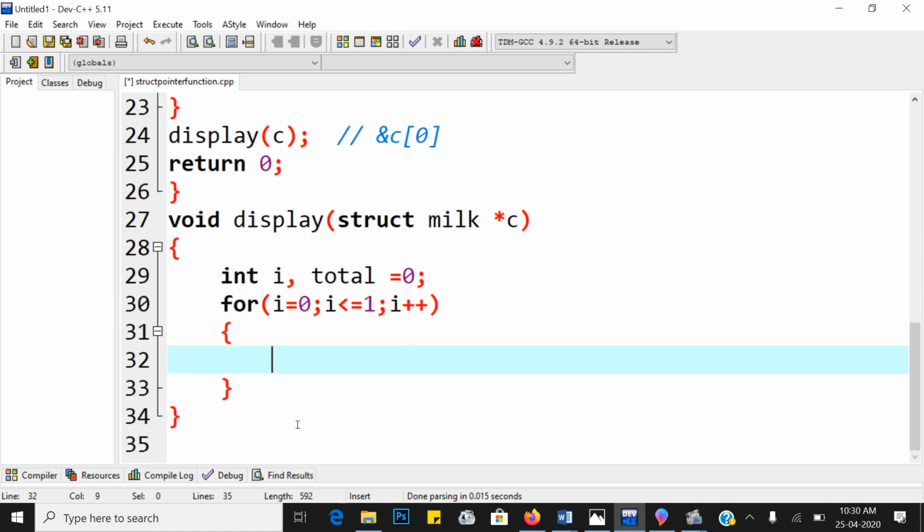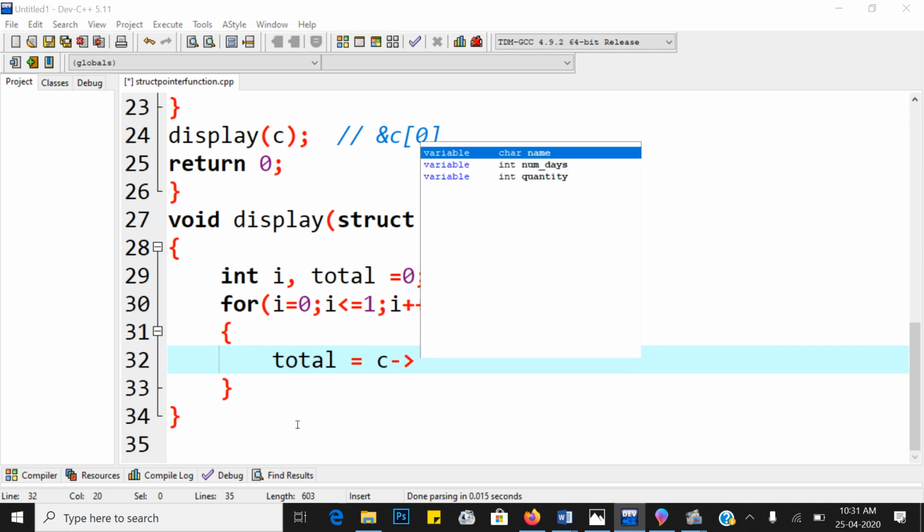Next, we want to calculate total of each customer. So how to calculate total of each customer? total is equal to, first, c arrow. Why is the arrow operator used?